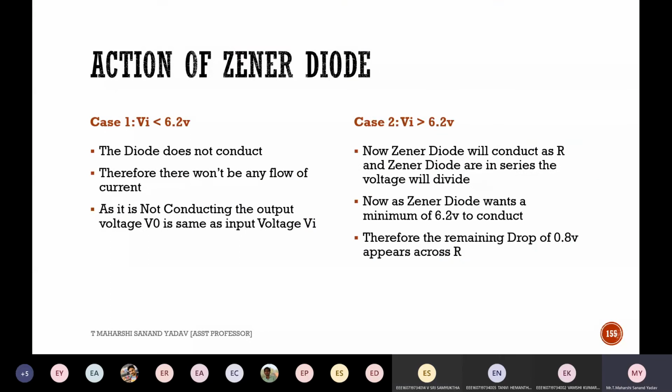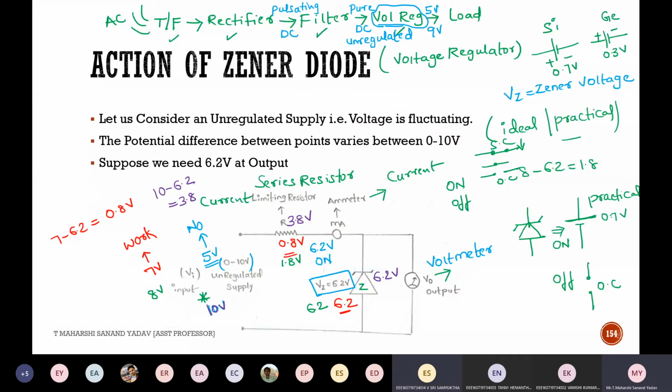Sir, I have a doubt. Yes, tell me. Here the Zener diode, does it need only 6.2 all the time, or does it depend on the output voltage we are taking? There will be a data sheet. Every time the diode manufacturer will give you some specifications. Suppose you are purchasing a television, he will give you some features, right? It should be operated with this amount of voltage. In the same manner, for every Zener diode there will be a data sheet. In that data sheet, he will mention, for example, that VZ requires only 6.2 volt.